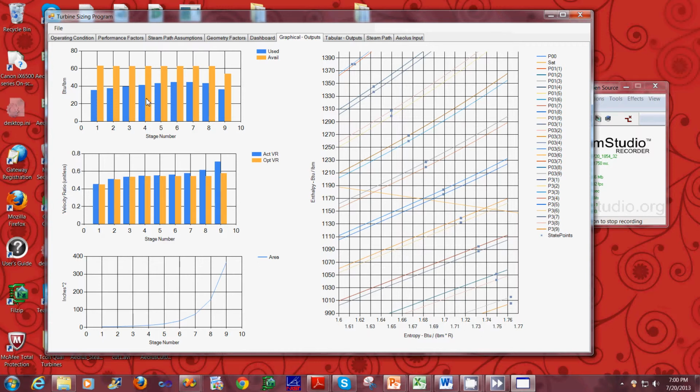This top graph over here is showing you the amount of available energy and the amount of used energy per each stage. It kind of also gives you an idea how effective the actual stages were. And this is another graph down here. The middle graph is showing you the velocity ratio compared to an optimal velocity ratio. The last plot, the third plot on the bottom, is the theoretical areas that TCon derived for this